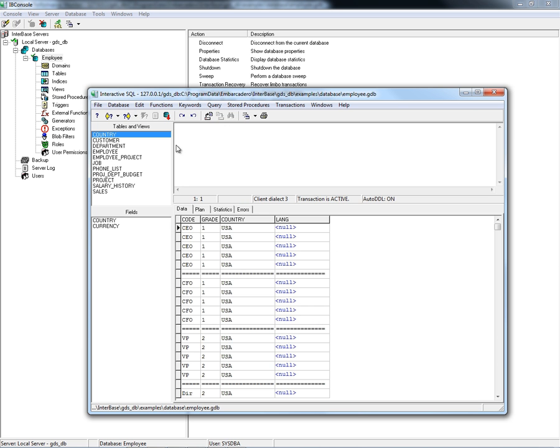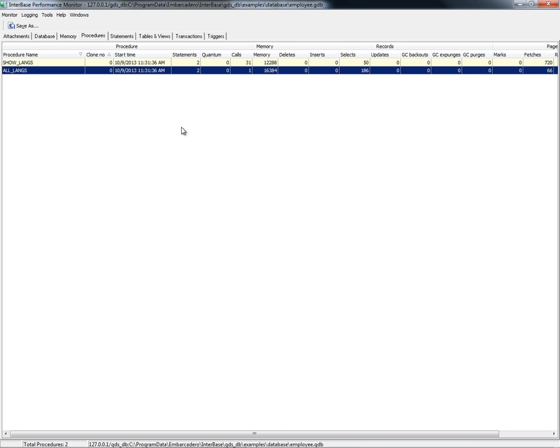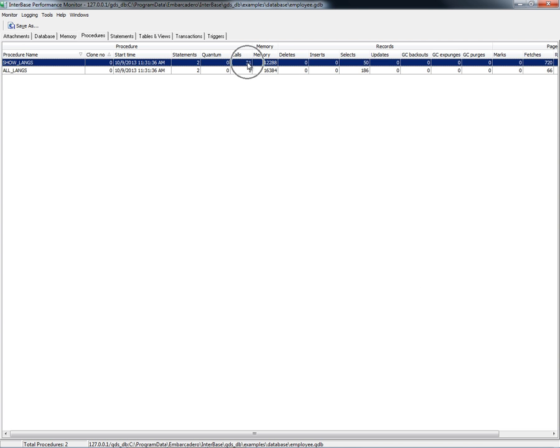Now this is a stored procedure, and if we take a look at Performance Monitor, it shows that ALL LANGS has been executed once, it's been called once, but within ALL LANGS, the SHOW LANGS procedure has been executed 31 times. So you can use this performance monitor tool to look at what kind of activity the stored procedure does,